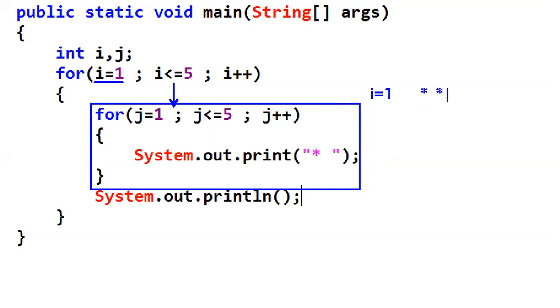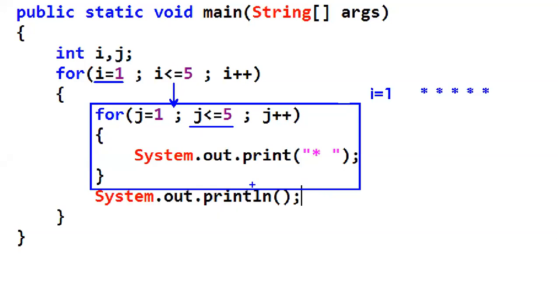When the j value becomes 6, the inner loop will be terminated, because the condition 6 is less than or equal to 5 is false. And then this statement executes, which will send the control to the next line.